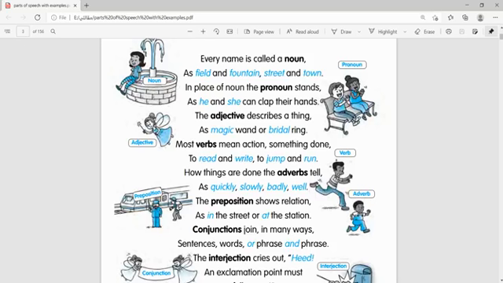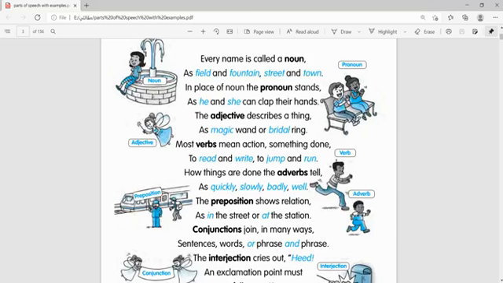If you find any name in a sentence of English, then you call it a noun, as field, fountain, street, town, dog, cat. All these are names. So any name you can find while you write in English language is nothing but a